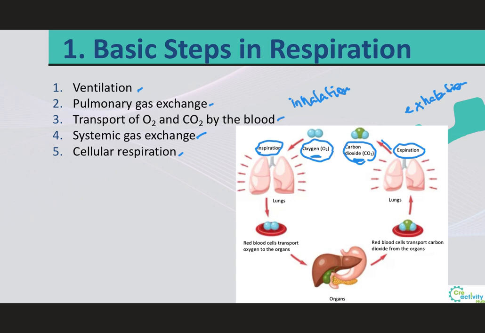Next, we have the transport of oxygen and carbon dioxide by the blood. And the blood will carry oxygen from the lungs to the tissues and carbon dioxide from the tissues back to the lungs. Next, we have the systemic gas exchange, where the gases are going to be exchanged between the blood